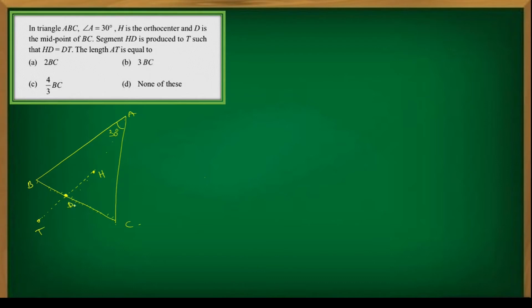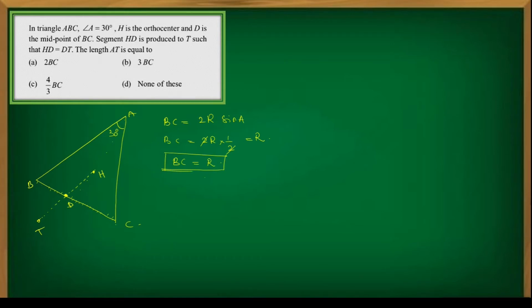if I say BC is small a, what is the formula for that? Whenever the opposite angle is known to you, is there any connection? There is a formula, a is equal to 2R sin A. There is a connection we have with the circumradius. So BC is equal to 2R into sin 30 degrees, which is 1 by 2, which equals R. So with the information you have, from the properties of triangle, I am getting the result BC is equal to R.